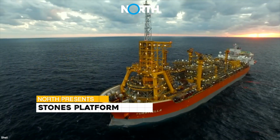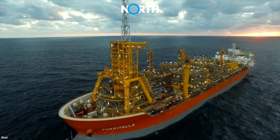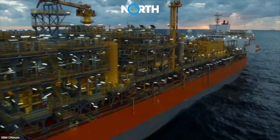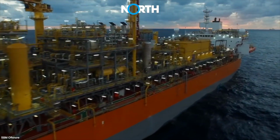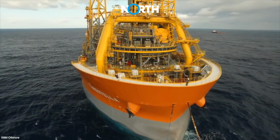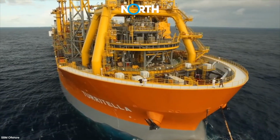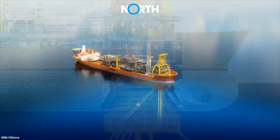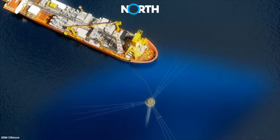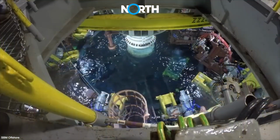Stones Platform. Stones is an offshore oil refinery operated by Shell, one of the world's leading oil and gas companies. This offshore oil platform is located in the Gulf of Mexico, approximately 322 kilometers from New Orleans, Louisiana, in the United States. The Stones project operates as the deepest point in the ocean, reaching depths of 2,900 meters or 9,500